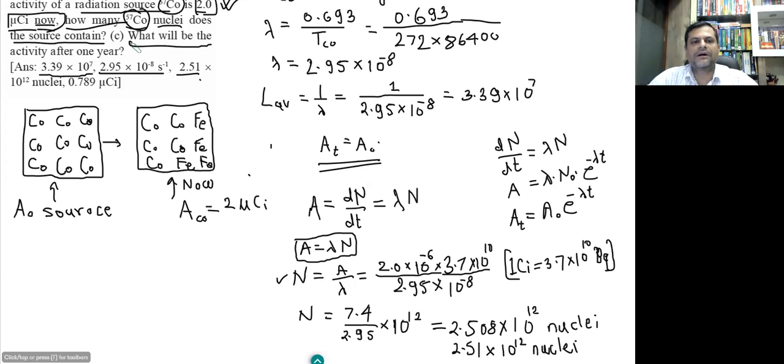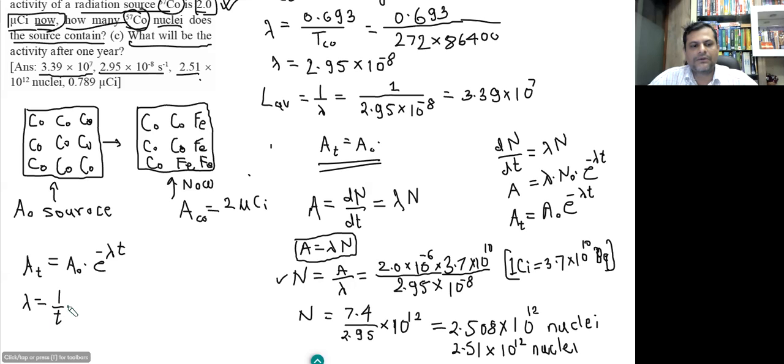what will be the activity after 1 year? How will you find the activity after 1 year? Using this equation: the activity at any time instant is equal to the initial activity multiplied by e raised to minus λt. We already have this equation. Here, in place of t, 1 year will come. We can also write this equation in the form of log. If we want to write it in terms of log, then we can express it as λ is equal to 1 upon t into